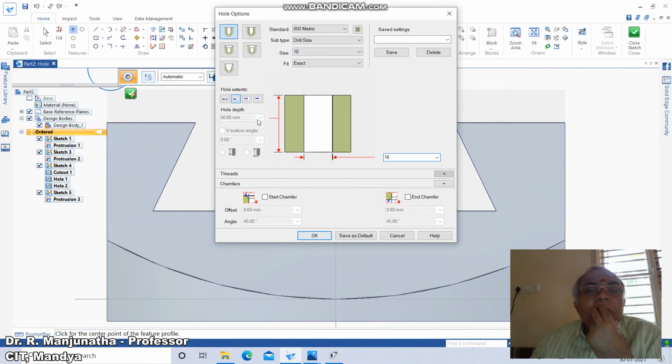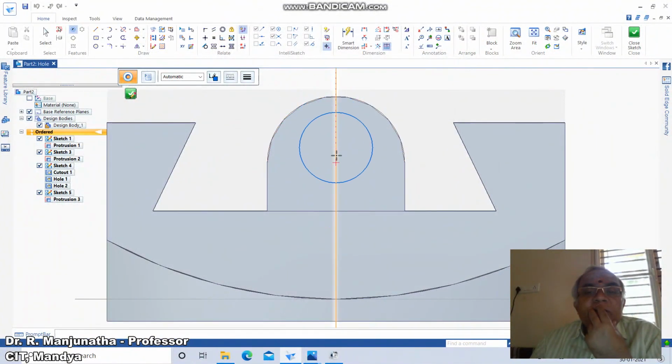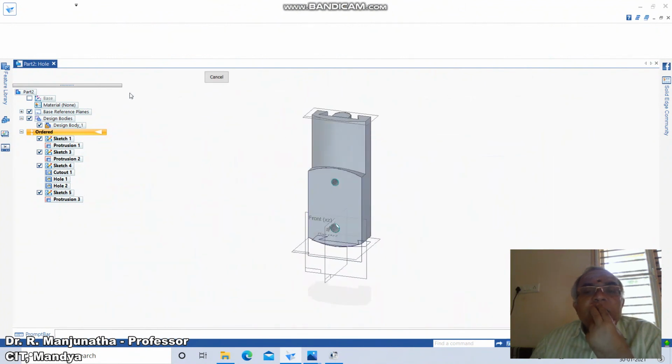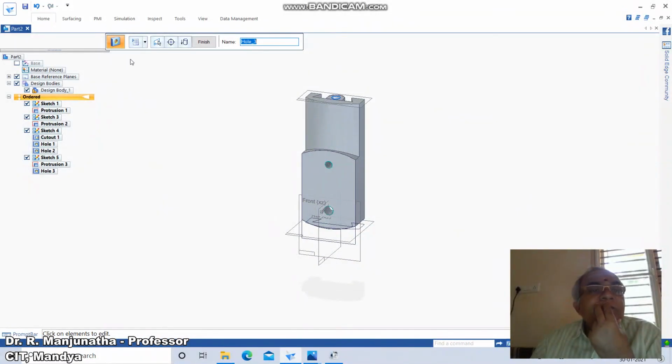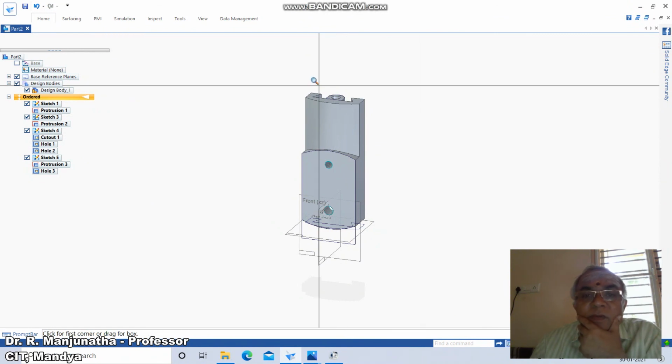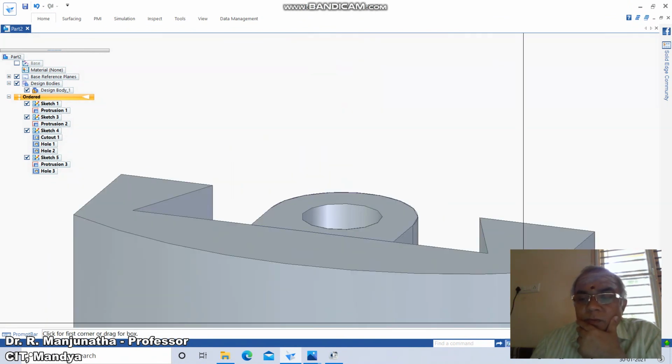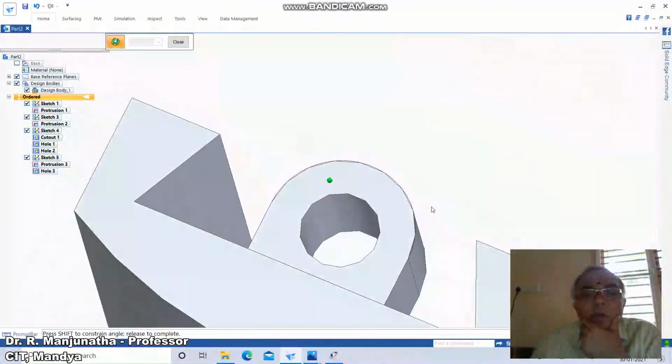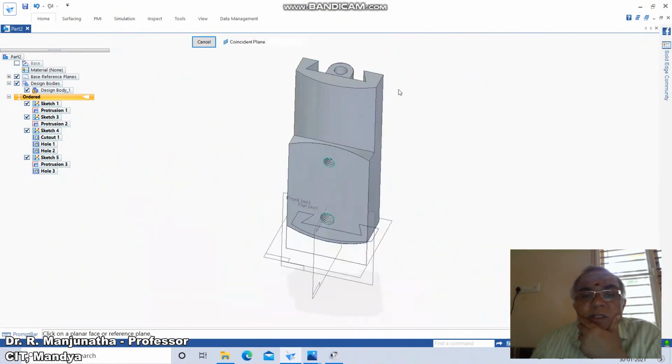then say OK. So here through all, through next or through all you take and say OK. So take the center of this and say close sketch and then finish. So now there is a hole inside which has been done. We can see here there is a hole. So once you do that,